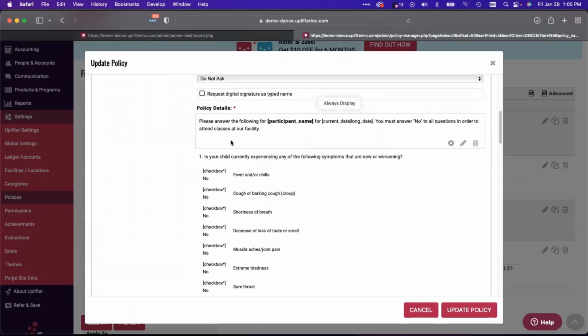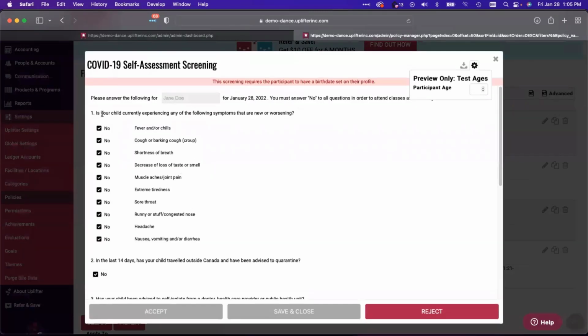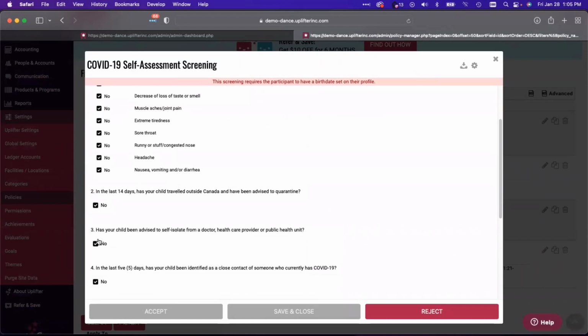I've created this policy here, which is a COVID screening. Let's preview it so that you can see what it looks like. I've created a series of questions here. Please answer the following questions for the participant Jane Doe for this specific date. It's a series of checkboxes that will, in this case, be required before they would be able to